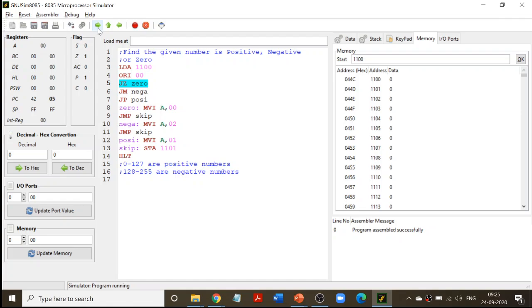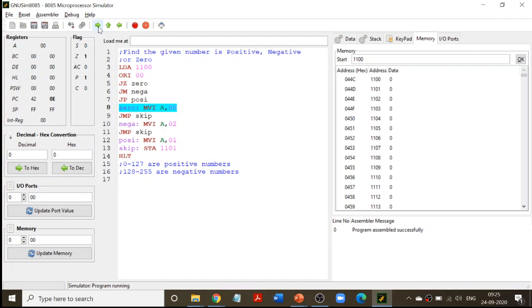Now the next line, jump on 0 to 0. What do you mean by jump on 0? You check the zero flag. If the zero flag is 1, then you have to jump to this particular label location, line number 8, which is 0. In this case, the flag register is set, which means the jump condition is satisfied, so it has to jump to line number 8. Let us see how it is jumping. See the cursor, it left line numbers 6 and 7 and jumped to line number 8.